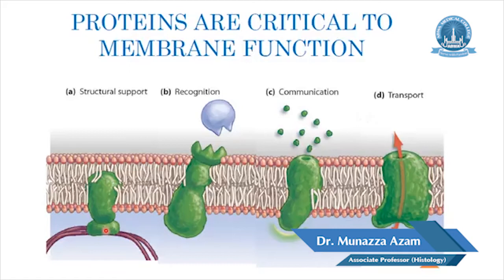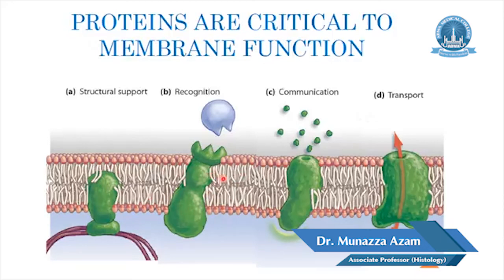Integral proteins are incorporated directly within the lipid bilayer, whereas the peripheral proteins are bound to one of the two membrane surfaces, particularly on the cytoplasmic side. Peripheral proteins can be extracted from the cell membrane with salt solutions, whereas the integral proteins can be extracted only if we damage this lipid bilayer. So to separate these integral proteins which are embedded into the bilayer, we have to damage this bilayer to extract them.